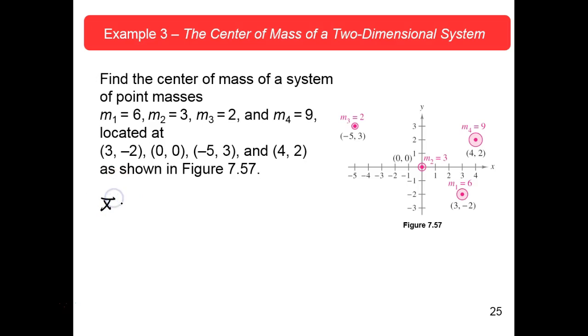All right, if we start with x bar, what would that be? You're going to start with M1? Yes, mass 1 times x1. So 6 times 3, that would be 18, plus the second one, 3 times 0 is 0, plus the next one, negative 10, so that'll be a minus 10,